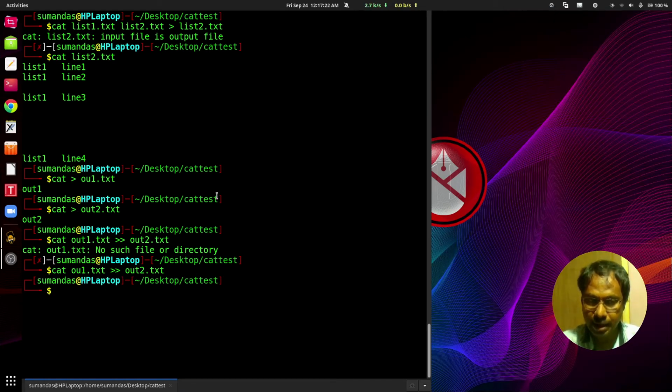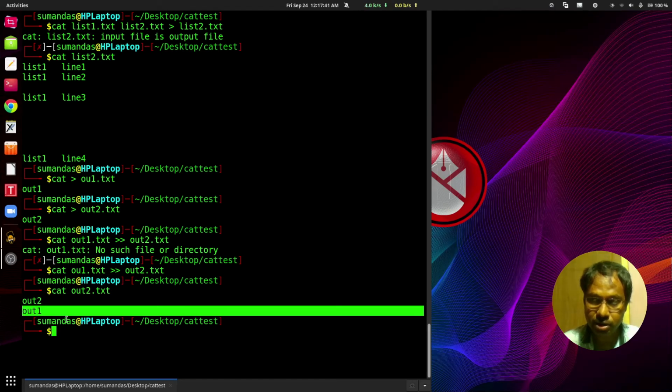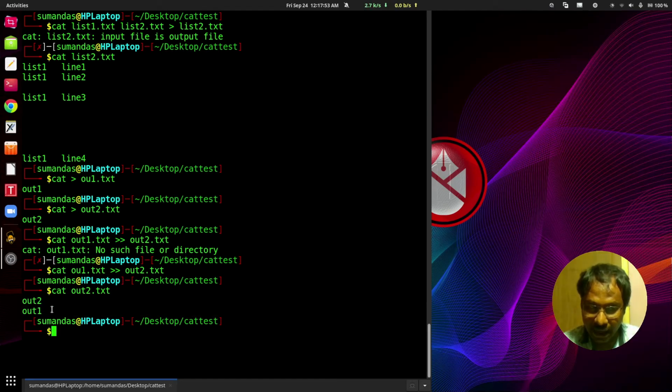So what is the content of out2.txt now? Press enter, and at that moment we can check the content of the out2.txt is here, and then the out1.txt content has been appended. So practically that is the desired output we want.